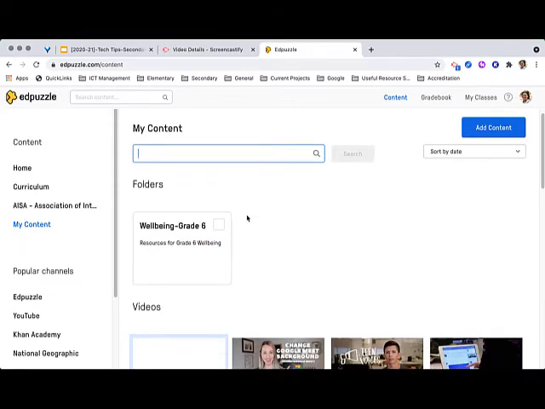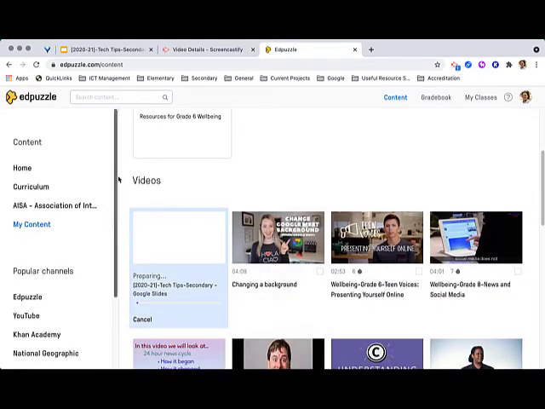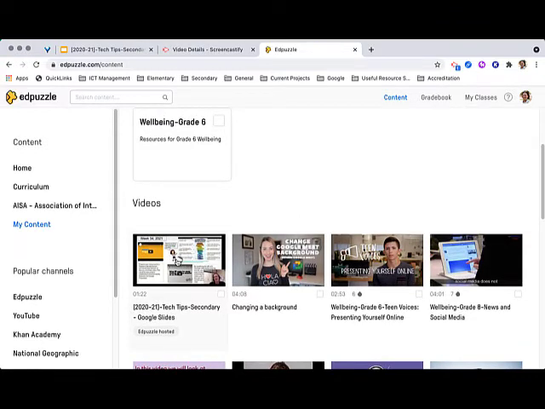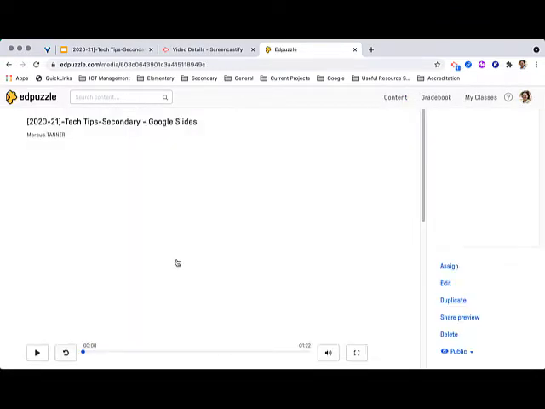Once you've done that, it'll appear in your My Content section. Initially, you'll have to wait a bit before it's actually ready in Edpuzzle. Sometimes you might need to refresh the My Content page in Edpuzzle to get it to actually appear on the page. When you go ahead and click on that one,